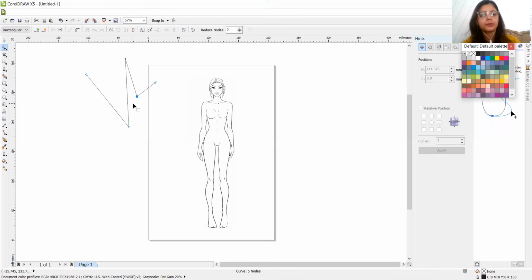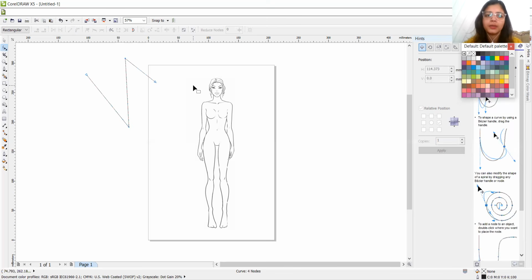So if you want to subtract it, if you want to just deduct it from this line, then suppose you want to deduct this node from here. So double click on here and it will be deselected. So this is how the shape tool and the pen tool work. And let's see how to make croquis using the pen tool.